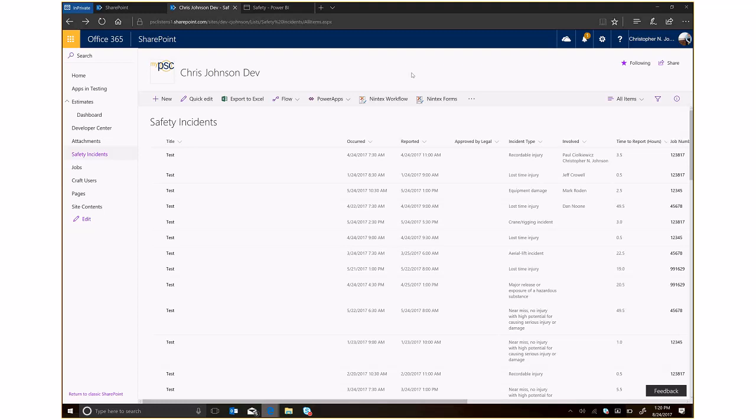So what I'm going to show you is the responsive designer interface, which is going to give you the same exact experience whether you're on a desktop, a tablet, a mobile device, or through the Nintex Forms app. So here I am in my SharePoint list. I have some metadata that I'm collecting,